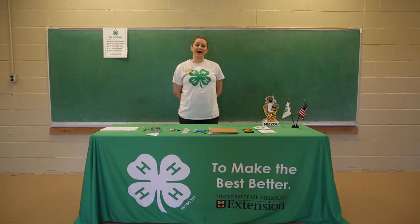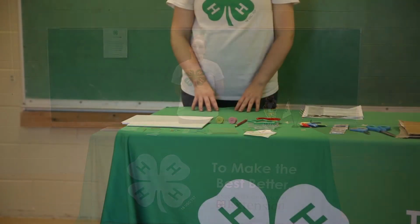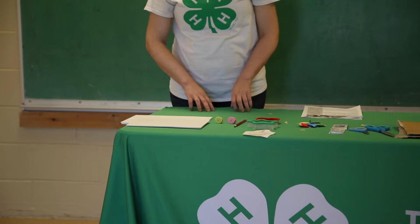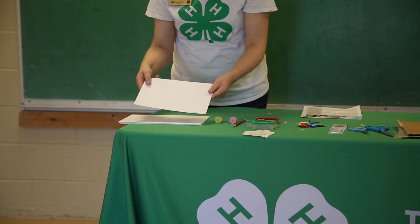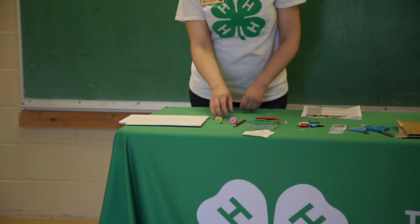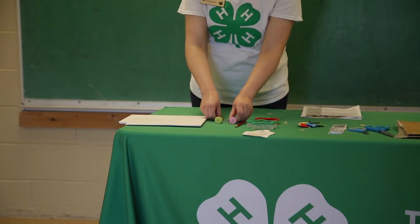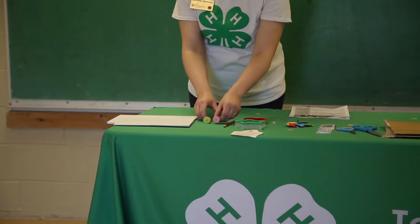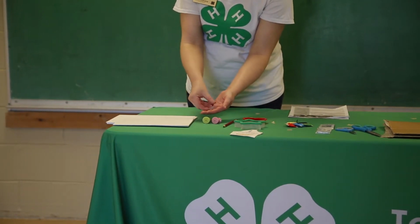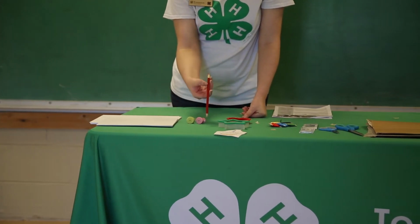Today, I'm going to show you how to embroider note cards. For today's activity, you will need blank cardstock, or what I like to use are blank craft greeting cards, thumbtacks. What I like to use, I found these big giant ones that are really easy to fit in my hands, but you can use these little ones also, a pencil with an eraser,